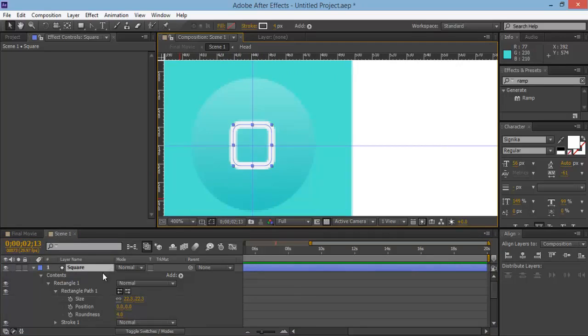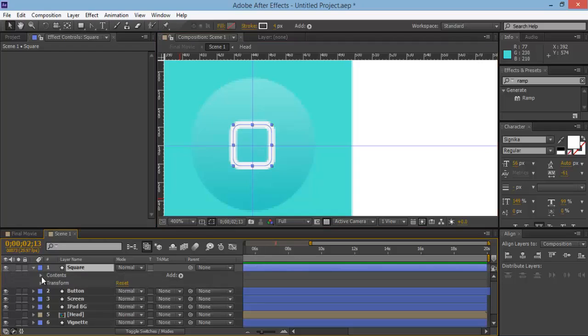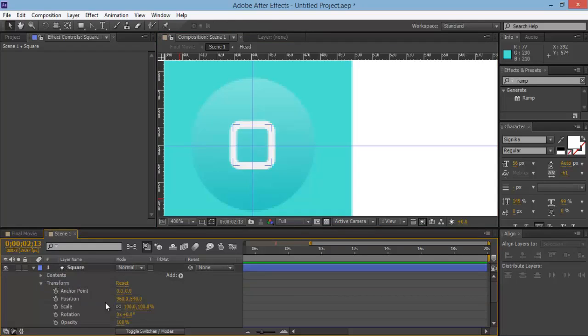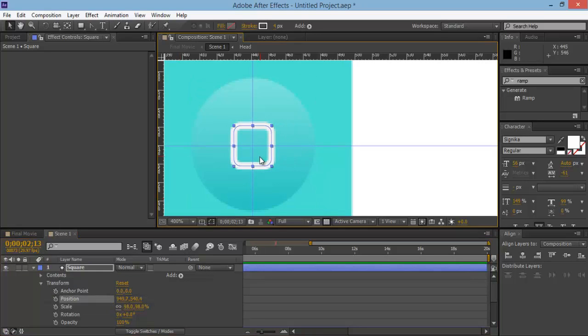I'll make it a little bit smaller as well, so I'm going to bring down the transform properties. So you can just hit S on your keyboard to bring that down, and maybe make it 98. Let's have a look at that. Just a little bit smaller,